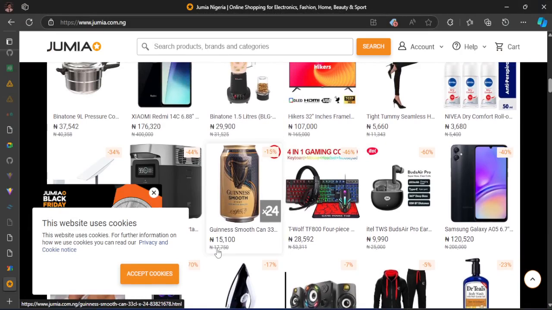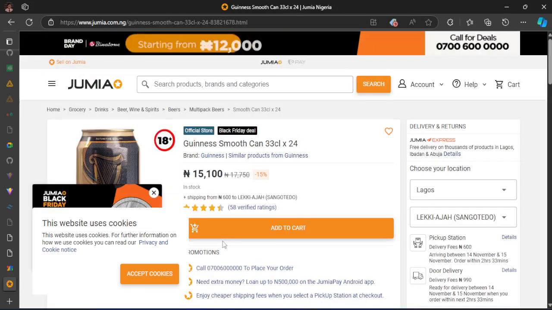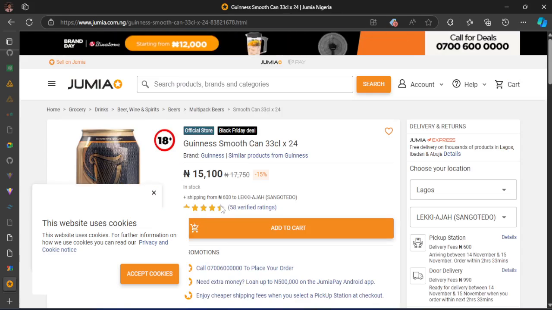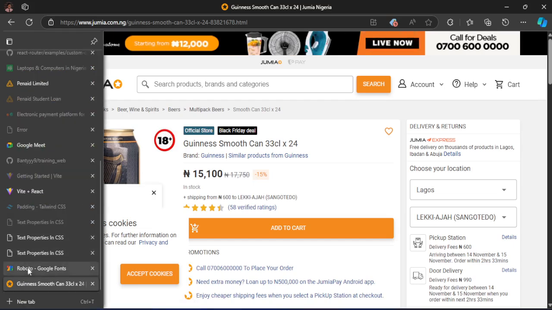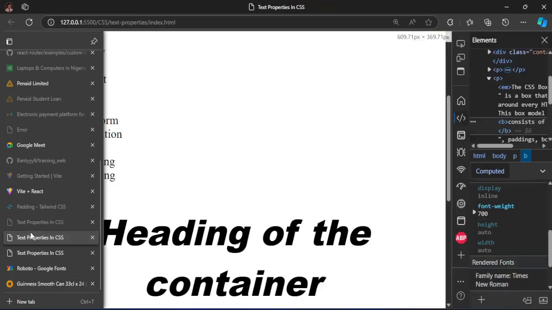So the original price is 17 whatever, but the price they want to sell it at is 15. So how do you do something like this? Can you see here? You see that this one is crossed, so there's a line on top of it. So let's go back to our page and see how we can do something